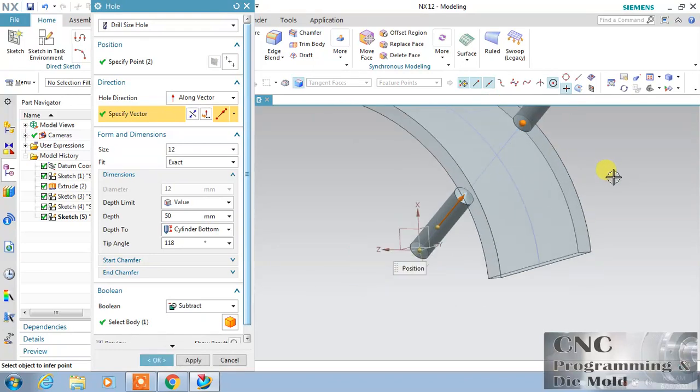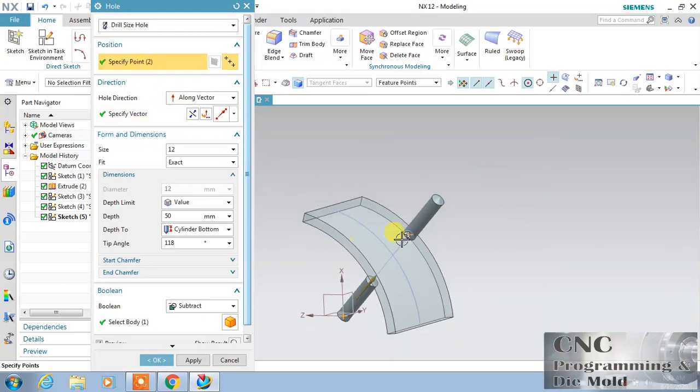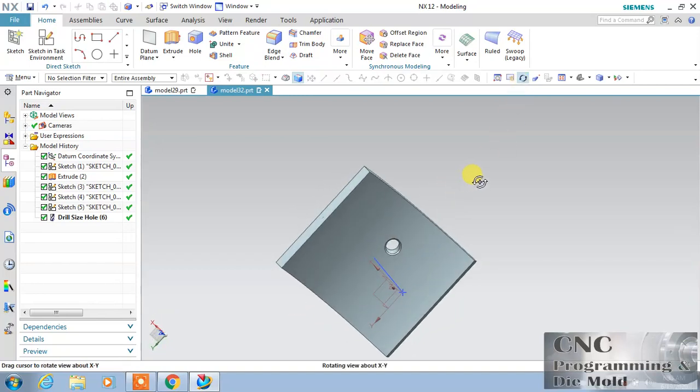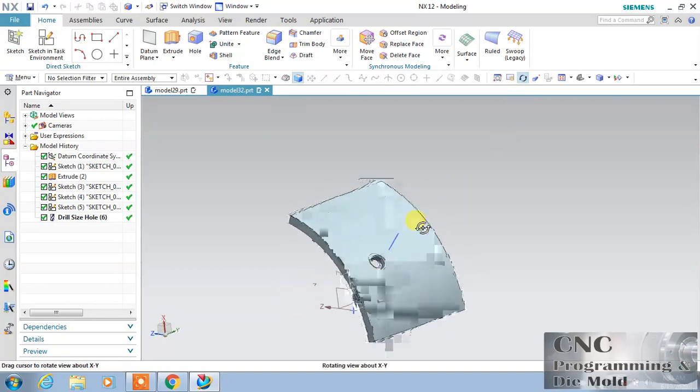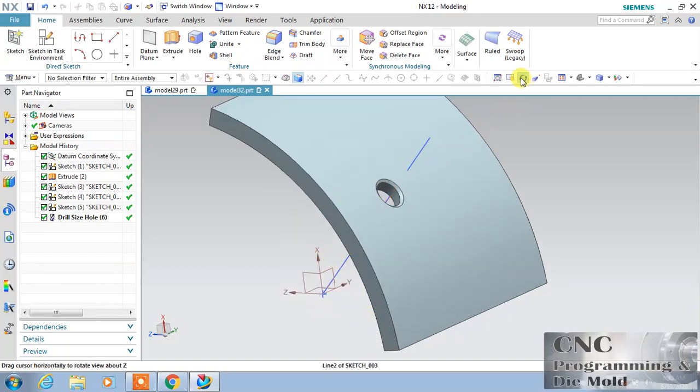This is second point. Here we have 2 points. Just remove this, and the height 123 is the height. Now click OK. The hole will subtract from this cylindrical surface. So it is very easy, but you have to define the direction for the hole.